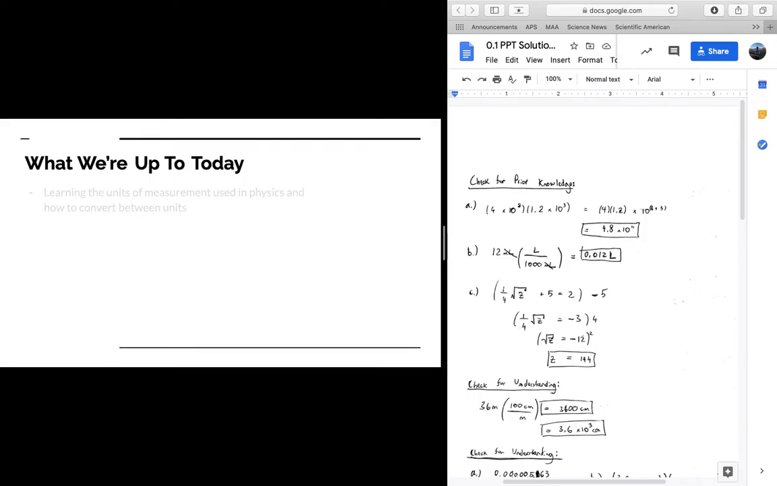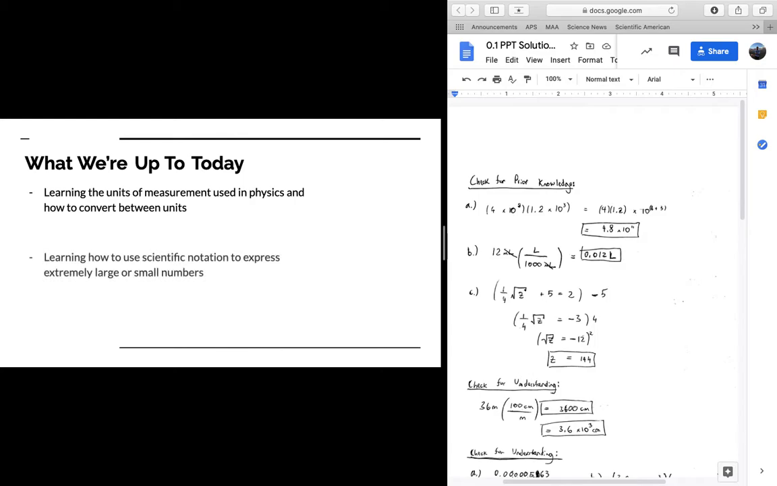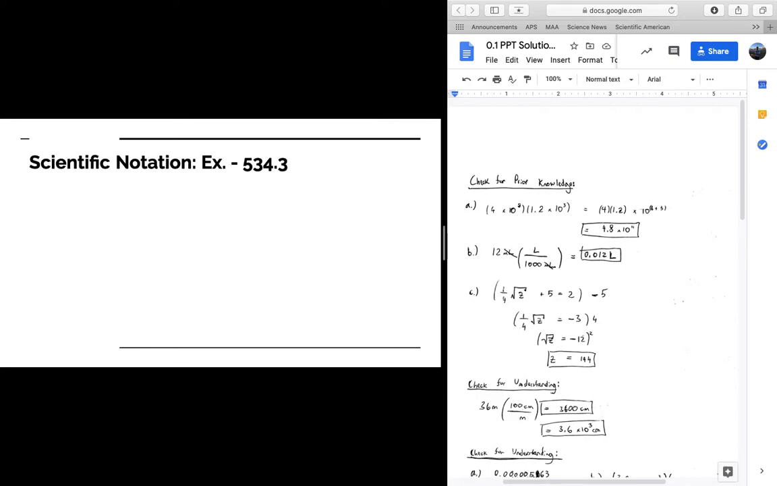All right, so what we're up to today: learning the units of measurement used in physics and how to convert between units, learning how to use scientific notation to express extremely large or small numbers, and establishing the basics of equation solving needed for this course. So let's take a look at scientific notation. Scientific notation is very useful for taking very, very large numbers or very, very small numbers that would otherwise be very tedious or cumbersome to work with and converting them to a form that is much more manageable to work with, okay? So let's say we have